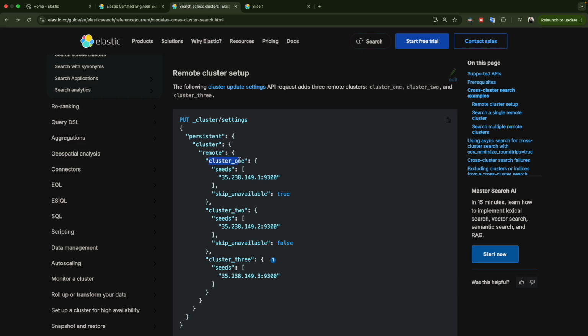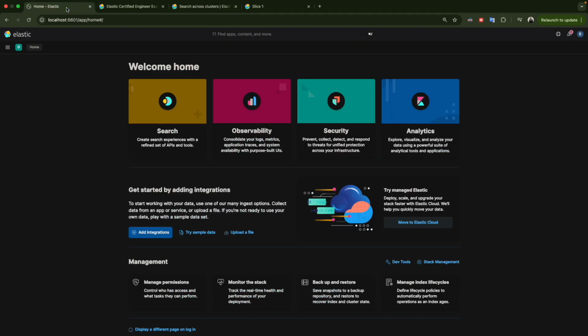Here is going to be cluster 1. Here's going to be cluster 2. Here's going to be cluster 3. So this is the first way to do it. The other way,